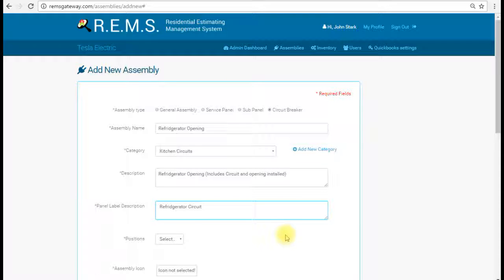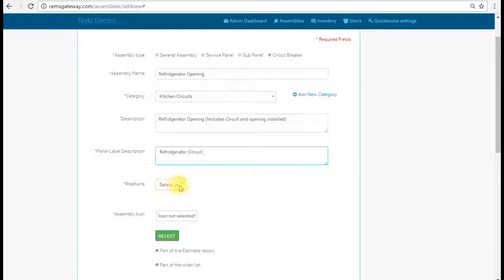But just wanted to give you a heads up that you can change that at a later time. And then we're going to do our positions. Our positions deal with how many positions this is going to use in the panel. I've made this up to 3 so that if you are using this for maybe light commercial, you can use this as a 3-phase breaker. But currently we're going to set this as 1 because it's only going to use 1 space in the panel